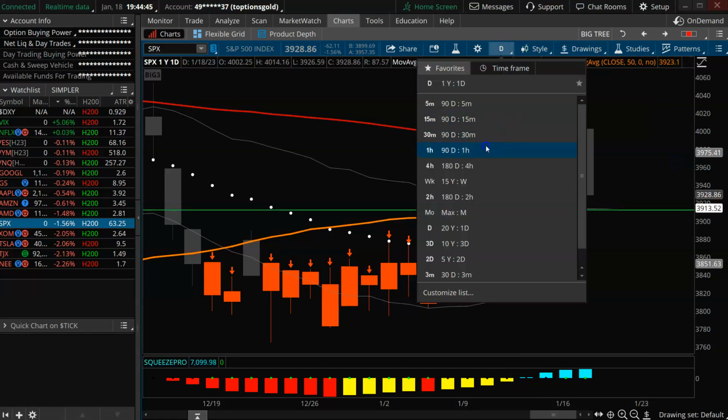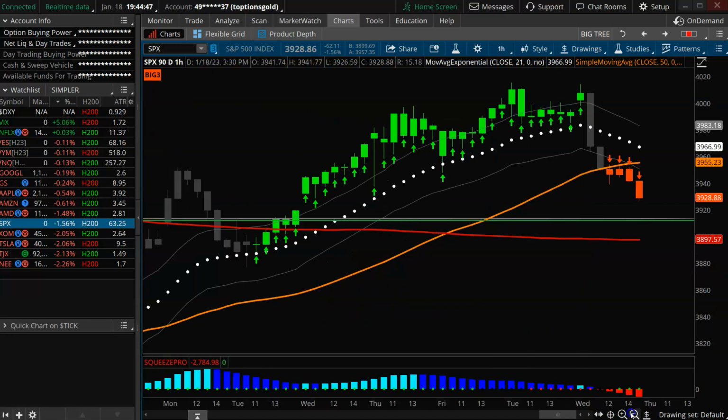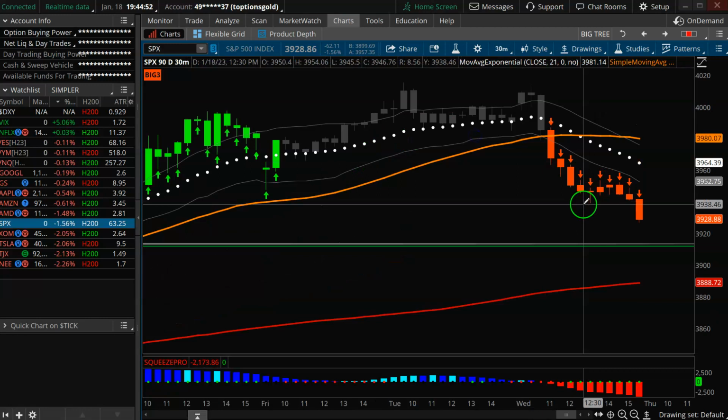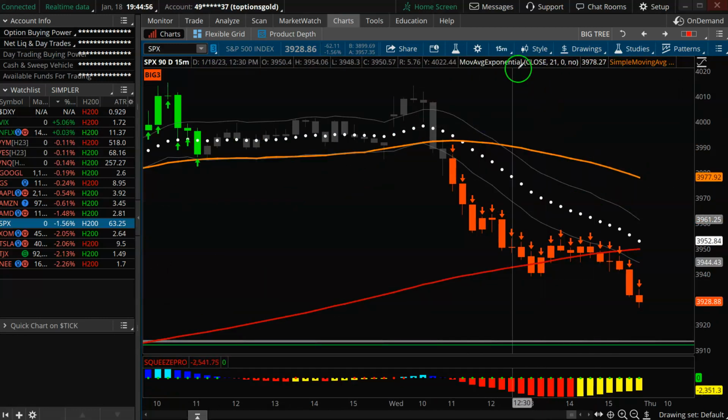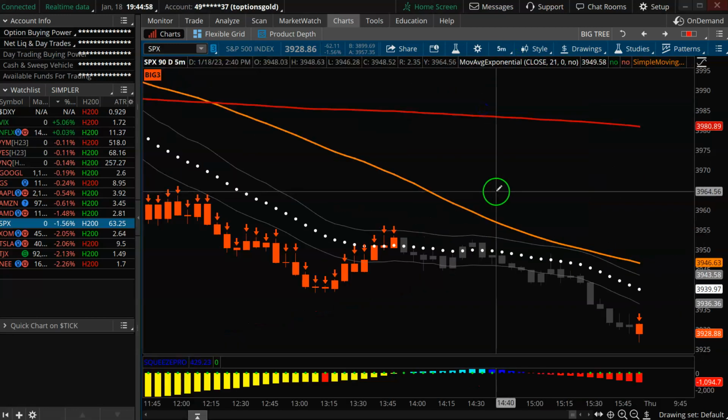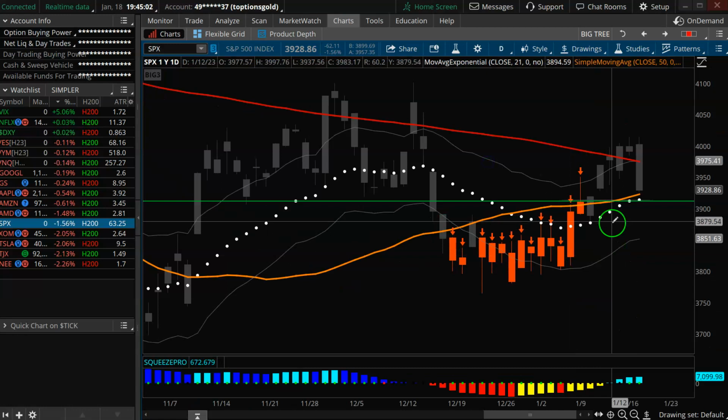Well, how's the 1 hour chart look? It's bearish. Now we have a sell signal on the indicator. What about the 30-minute chart? It's bearish. How about the 15? Bearish. Okay, 5-minute. Bearish. Under the surface, nothing is shaping up right now for a huge push to the upside off of that daily